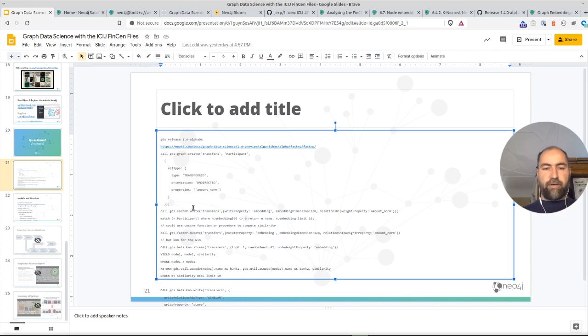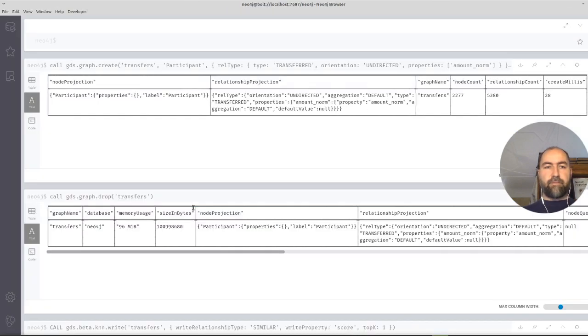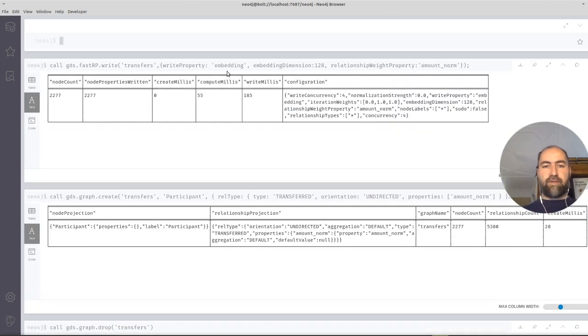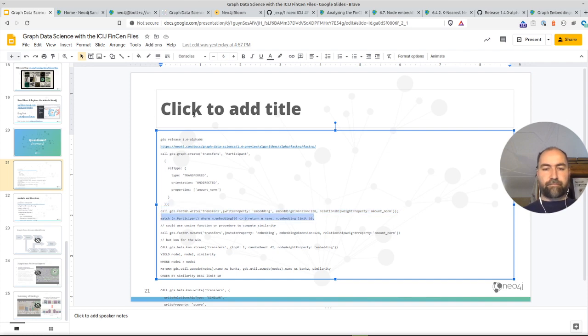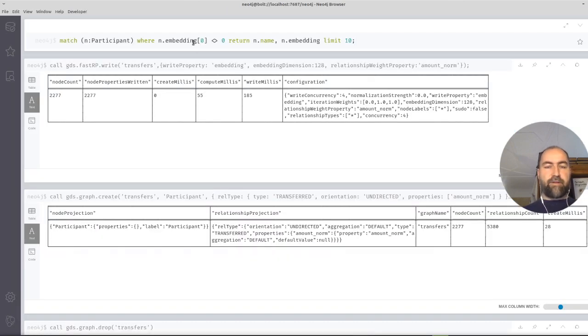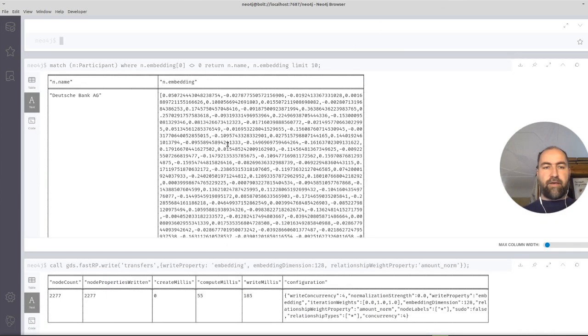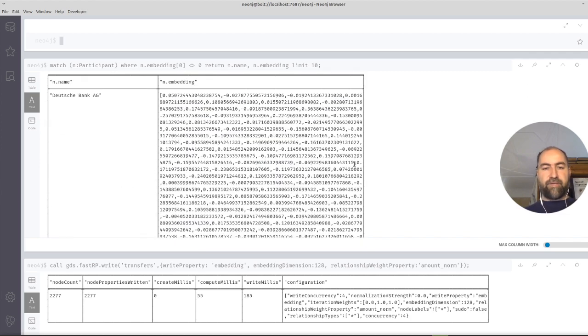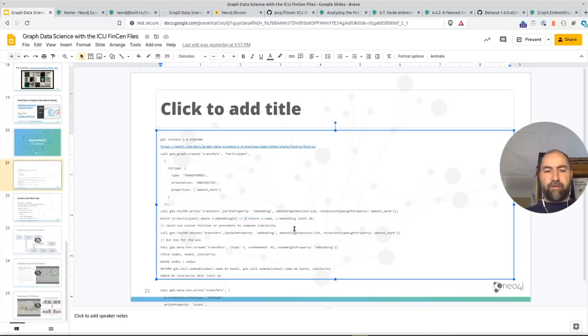And then I can run my embedding algorithm on top of that. And the result of the embedding algorithm is 128-sized double vector embeddings that I'll show you in a second for each node, which captures its topology and also the weight of the relationship as well. So here you see some banks and their embeddings, basically. And you see that it's representative. Basically, the embedding is not 0 and it's not empty, but it has real numbers in there. And what's now interesting with these embeddings is that we actually want to